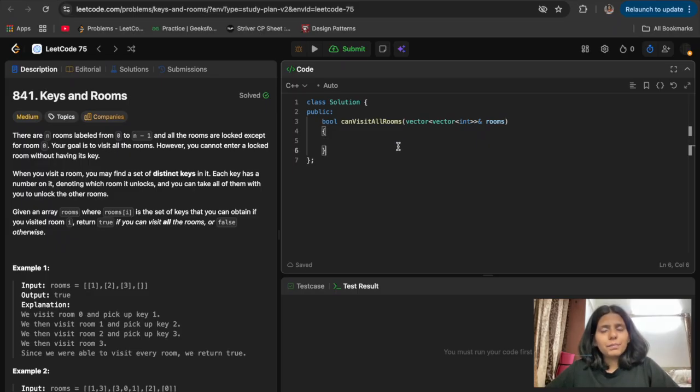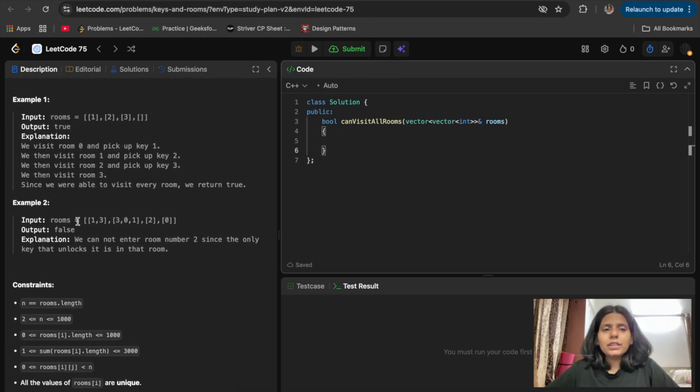We will solve it using BFS. BFS means breadth first search, which is level wise search, in which we go into one room, take all the keys, and visit those rooms first, and while visiting those rooms we collect the keys. Then with the collected keys we visit the rooms which can be accessed using them. Likewise, we do it in BFS, which is level wise search, we can say. And let's see how we can do that.